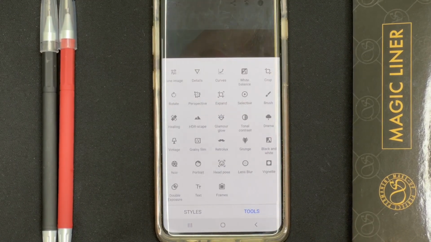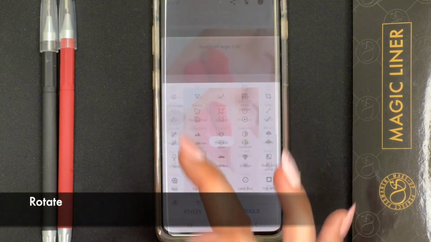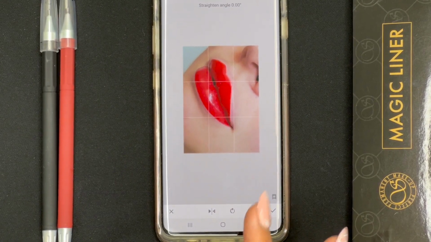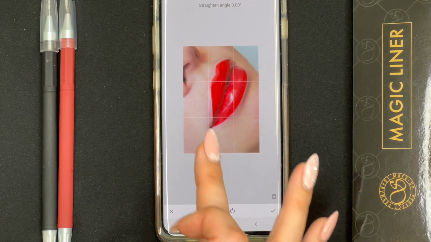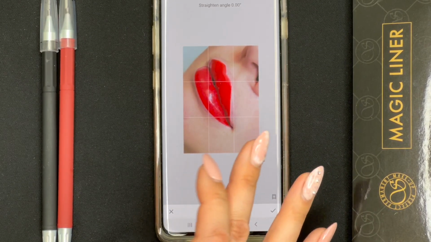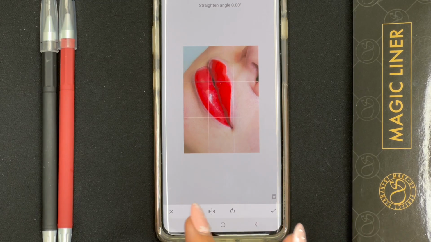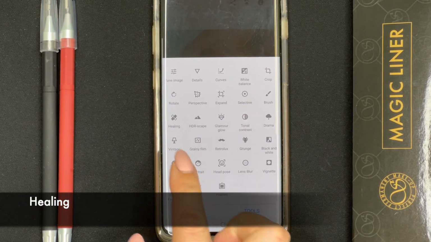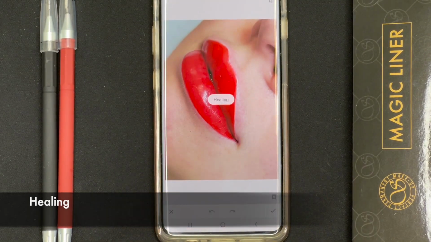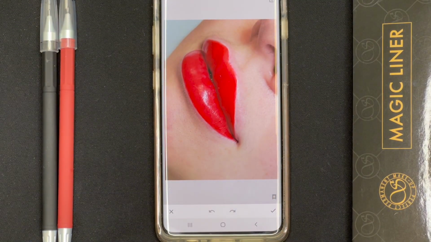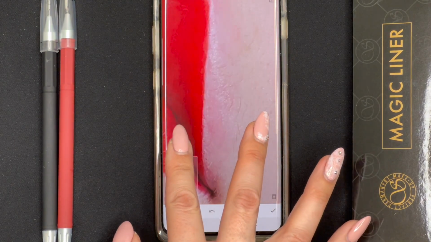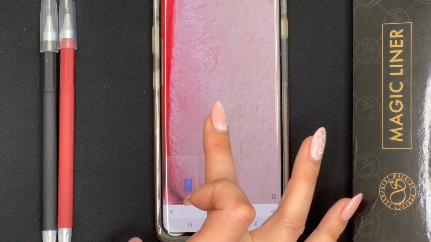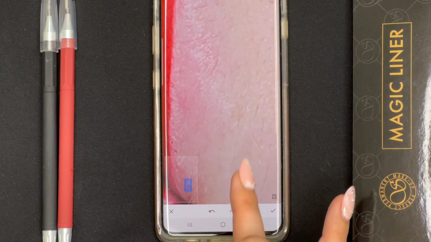Done. Then we are going to the rotate tool. You can play with the rotation of your photo and you can play with the angle. For example, we will take this one, and the next tool I like is healing. Healing helps us to improve the skin. For example, if we have some mustache hairs on the picture, you can very easily remove these